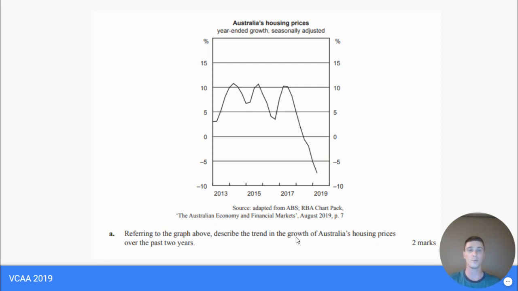So I would have thought this would be the easiest 2 marks on the whole economics paper. I could have pulled someone out of PE or biology, and they could have got these marks. There's 2 of them. But that wasn't the case, and plenty of students lost a mark on this. Here's what they did. They said house prices have decreased because look, it's gone from 10 to -5. That's a decrease. Or they said house prices decreased to -7%. None of which is true, because over the period,